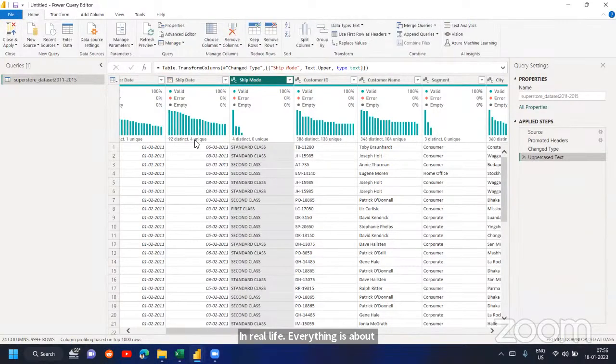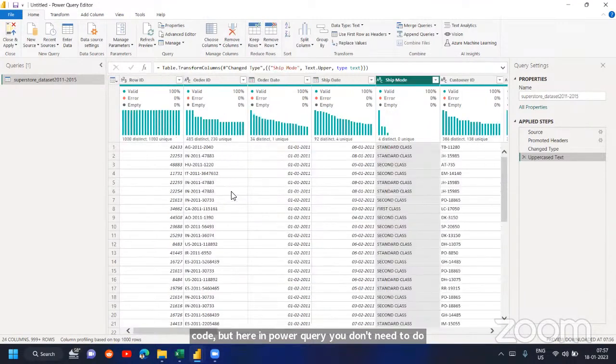So this is a no code platform. If you want to perform any operation, you don't need to write a single line of code, no formulas. Everything can be accomplished by clicking these buttons on the top. That is the best part about Power Query. If you want to do this in SQL or Python, you need to write code, remember the formulas and write the code. But here in Power Query, you don't need to do that. Everything is already written in layman language.